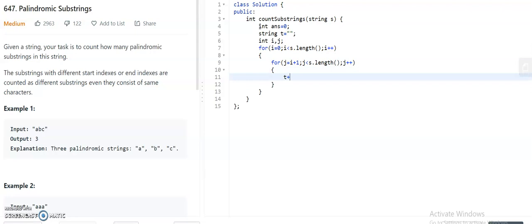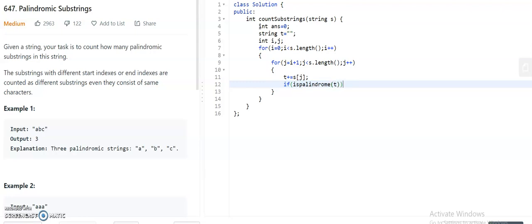And I will make the string, let us say it should be s of j. I am adding characters from the left pointer to the right pointer every time. So I will see whether it's a palindrome or not. If it's a palindrome, I will make the answer count plus plus. Then finally I will return the answer.